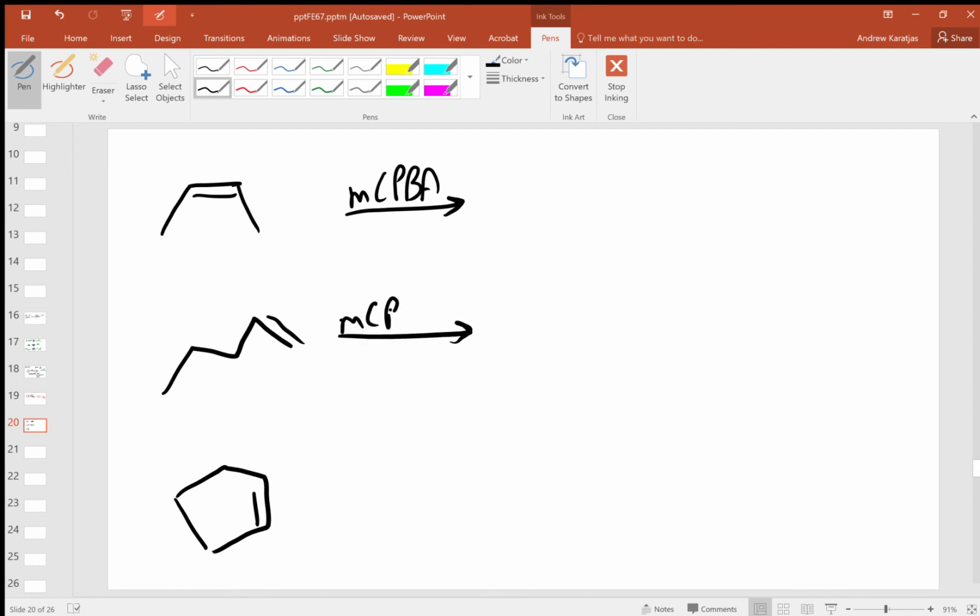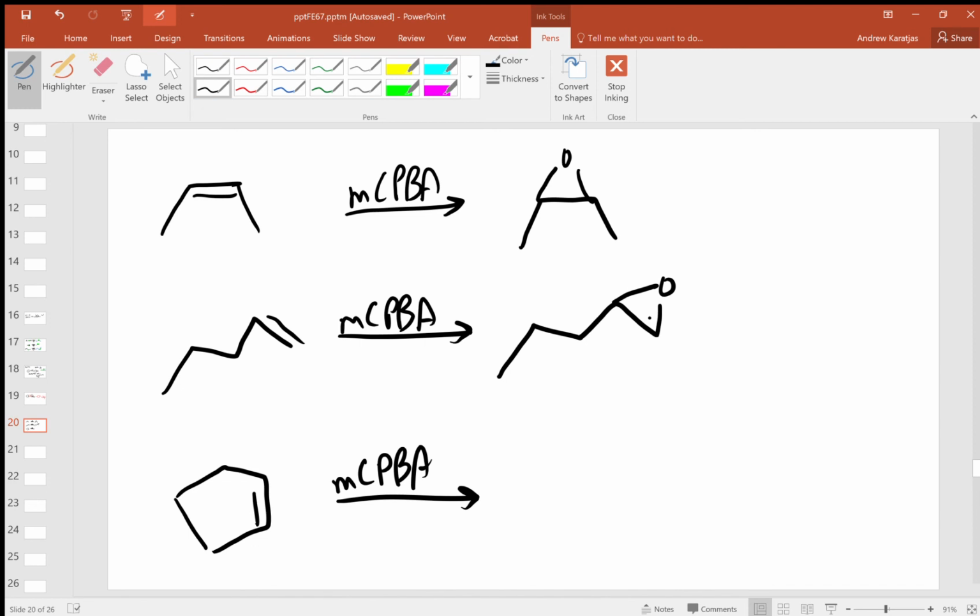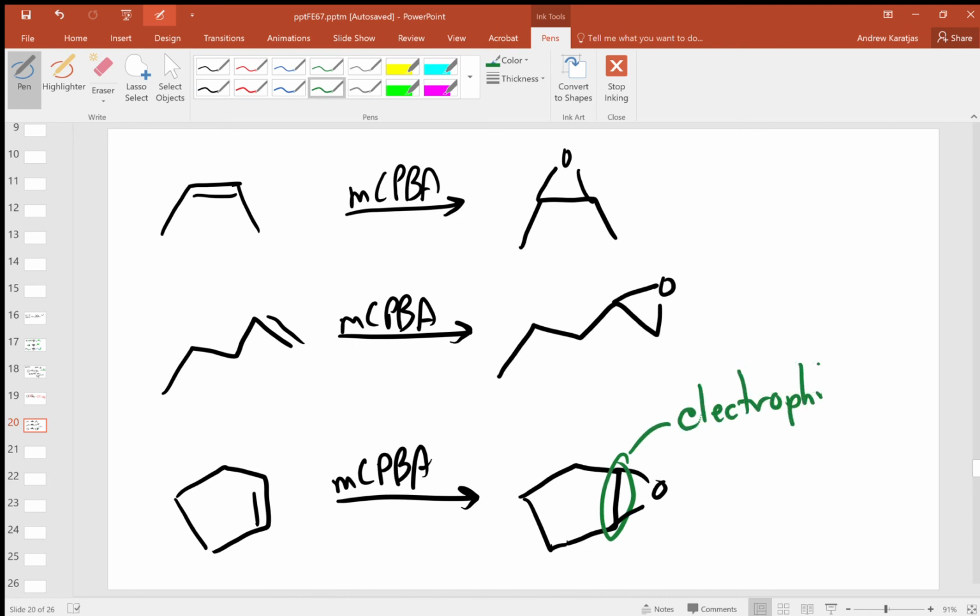And ultimately, the utility in the epoxidation reaction is not the epoxide itself, but the fact that epoxides, these three-membered rings containing oxygen, can very, very easily be converted into a number of other compounds. As we'll learn later on, the carbons of the epoxide are electrophilic. And so we'll see later on in the course that these epoxides, again, we can easily add nucleophiles to them,